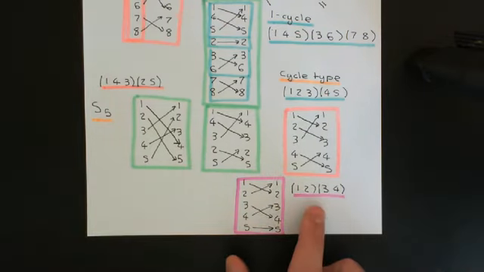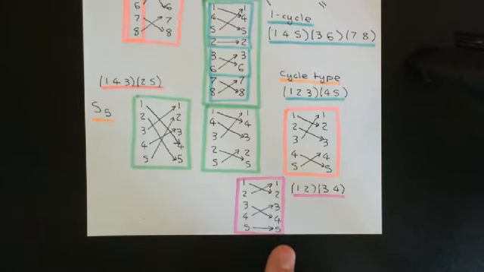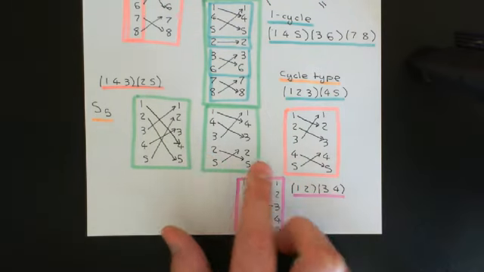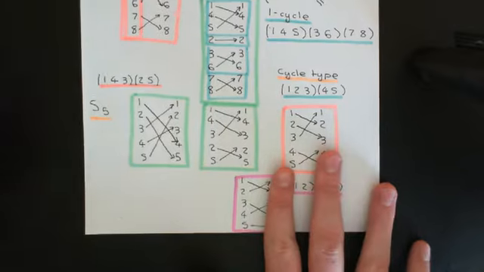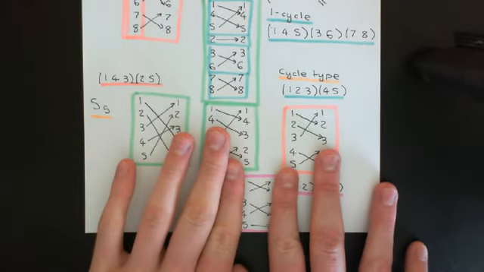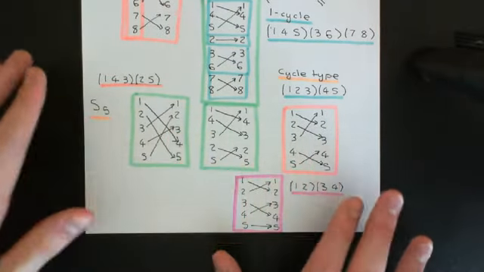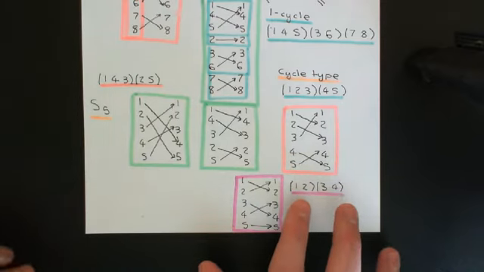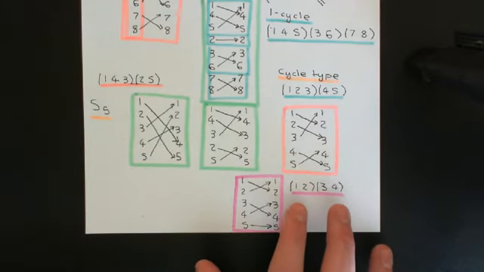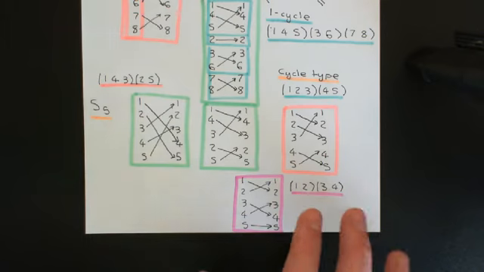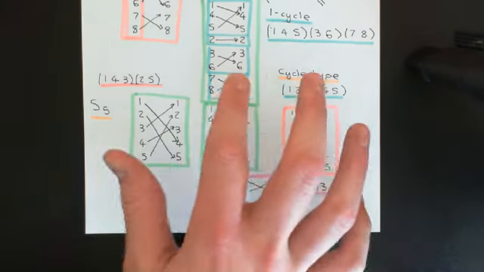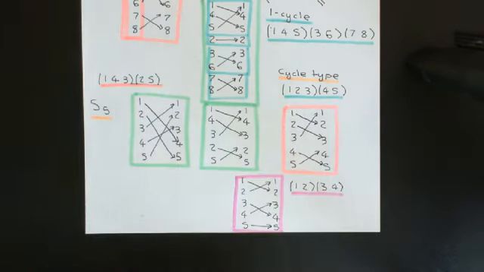This set permutation down here, meanwhile, is not the same cycle type as these two. If I cover the numbers up here, those arrows look very different to what I've got here. This one is a different cycle type. When I take its cycle decomposition, it has differing numbers of cycles of each length to these two. So that is what is meant by two elements of the symmetric group on the set of n elements